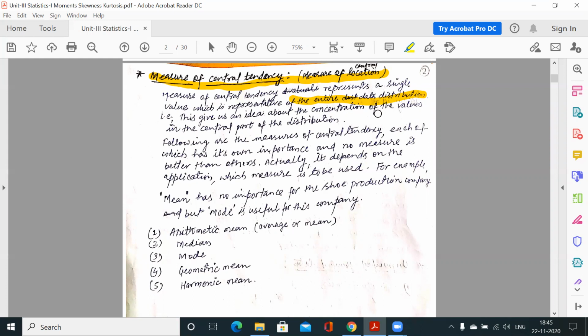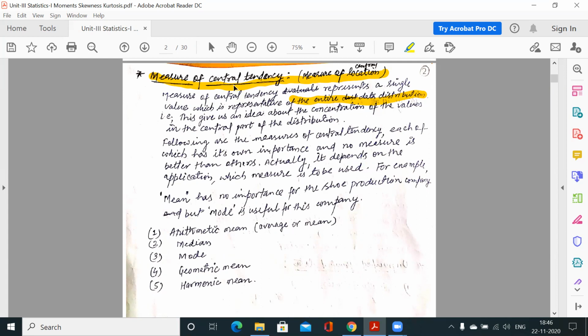which represents each point of the data, that means which represents the marks of each subject, then I can have the information. I have an idea about the performance of the students, and also I can compare my students, 84 average marks and 75 average marks. So which is better? Who is better? For this purpose, we need to calculate the central tendency.